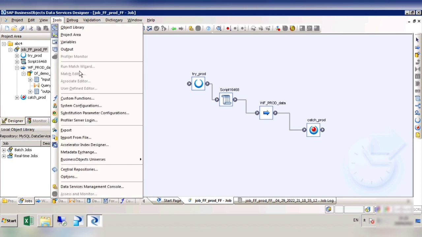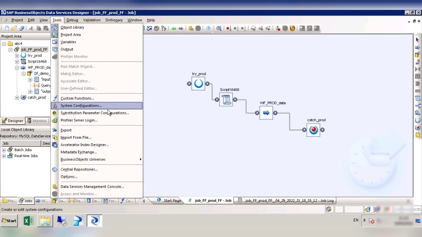Similarly, this system configuration is for the bots with different configuration. Let's say I have created a data store and a connection. Inside the data store I can define more than one connection. Let's say I have defined 3 connections. One is for Oracle Database 1, one is for Oracle Database 2, and the third connection is for Database 3 in the same data store. So I have created one data store with 3 connections.